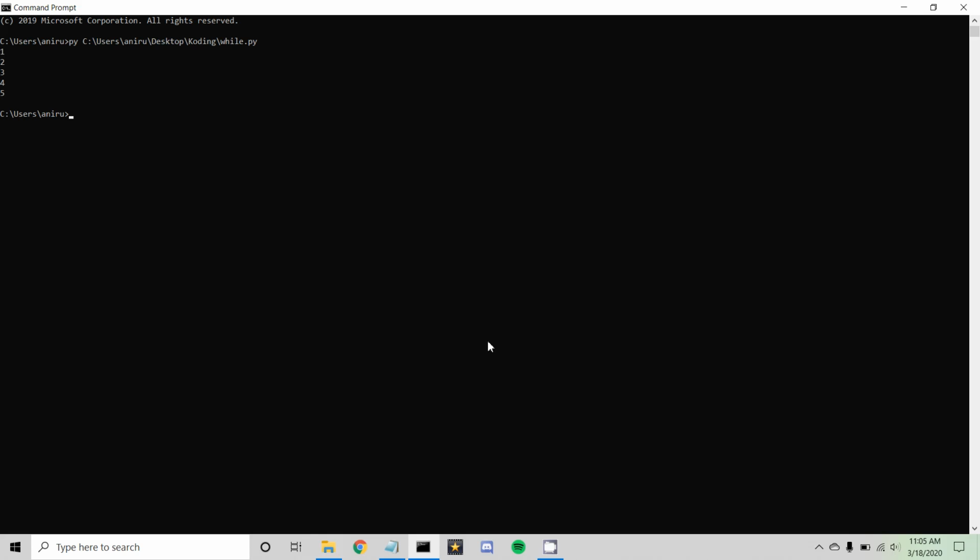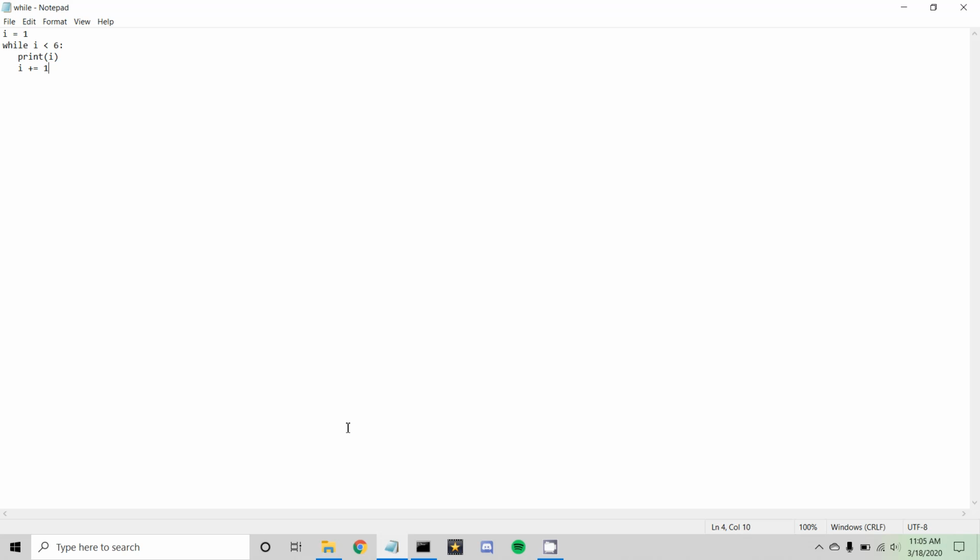Then we get into all these kind of statements. There are 3 different statements: the break statement, the continue statement, and the else statement. With the break statement, we can stop the loop even if the while condition is true. So say print I, and then if I is equal to